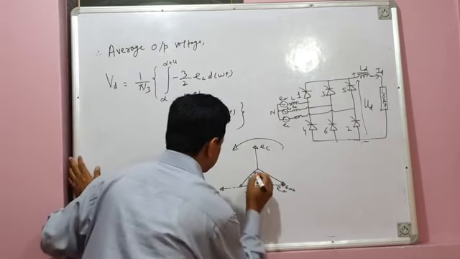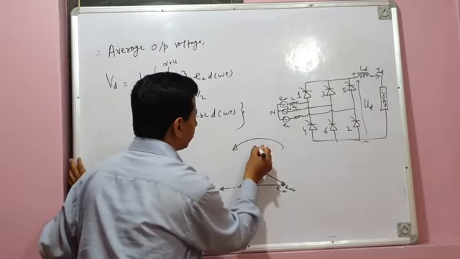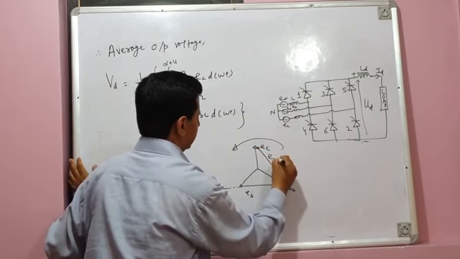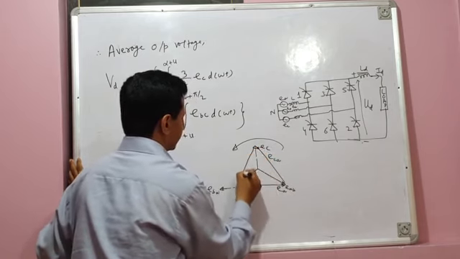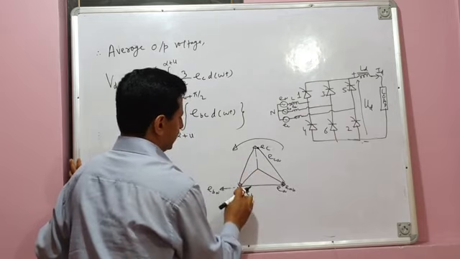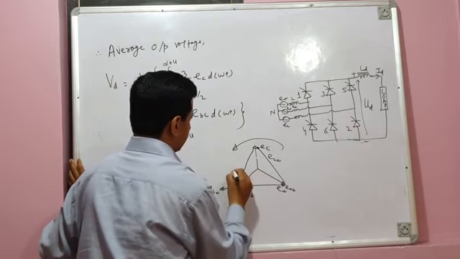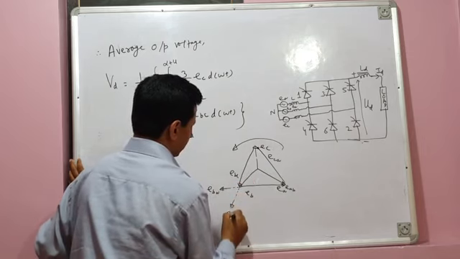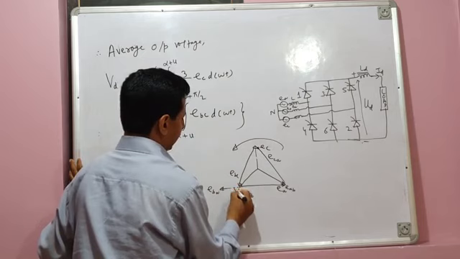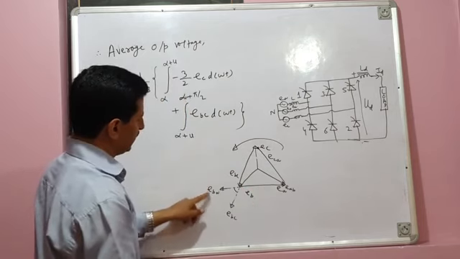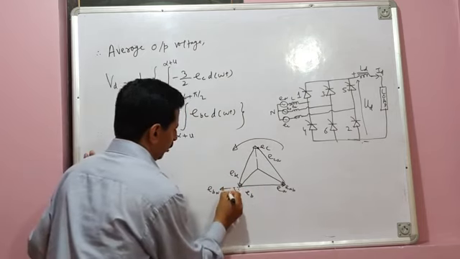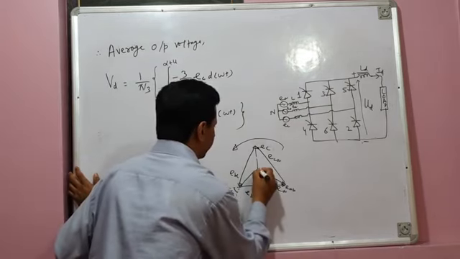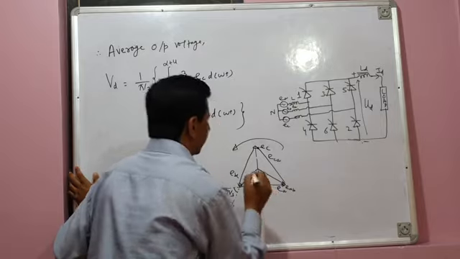Okay. Now what is this voltage phasor? This voltage phasor, you already know it is ECA. And what is this voltage phasor? This is EB, this is EC. So this voltage phasor is EBC. So you can extend this EBC. So this is your EBC. And this angle between EBA and EBC, we already know that this angle is 60 degrees, that's pi by 3. And this angle is 90 degrees.